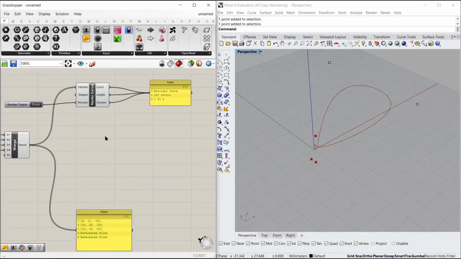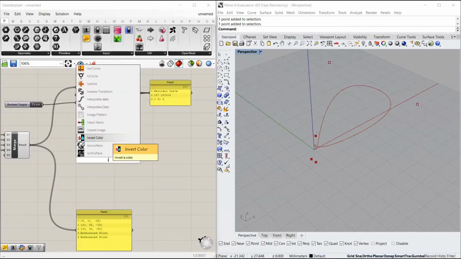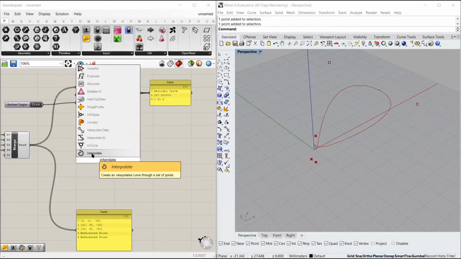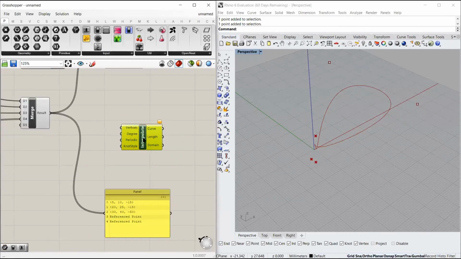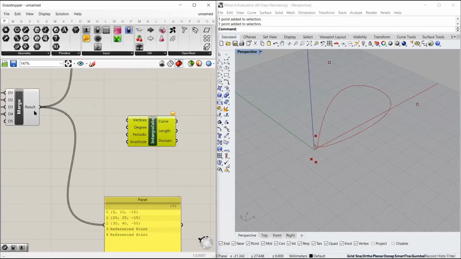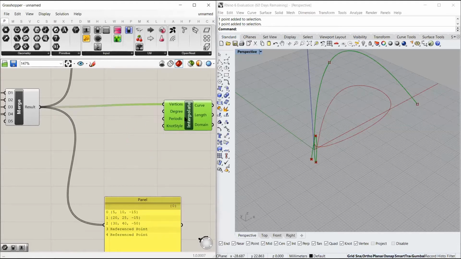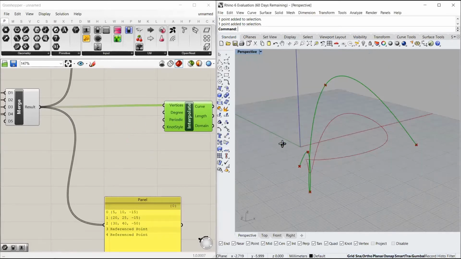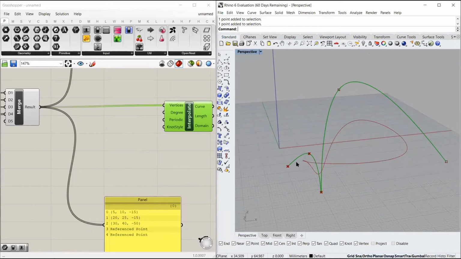Similarly, if I want to make an interpolated curve as we made in Rhino, there's an option for interpolate. As soon as we type interpolate, you see this tab is at the bottom and it wants four inputs, sorry. So the first input is vertices. As soon as I inputted that, you see it made an interpolated curve, which is now actually interpolated from all these points.